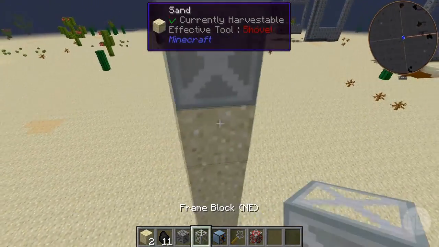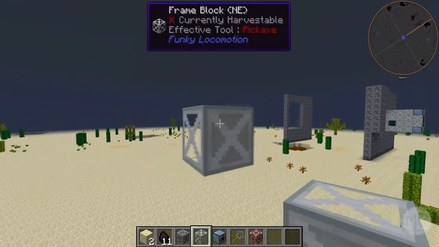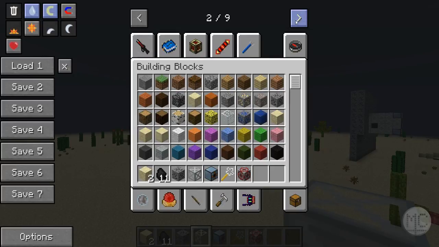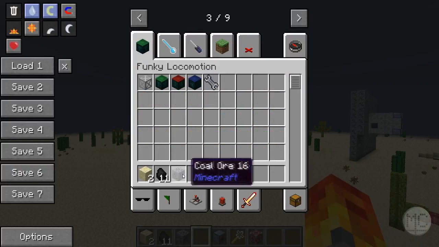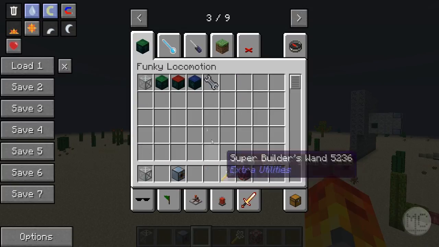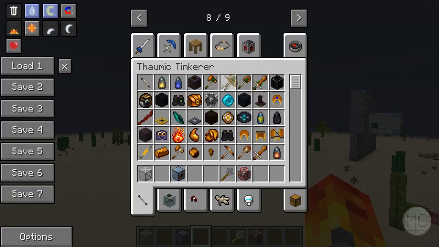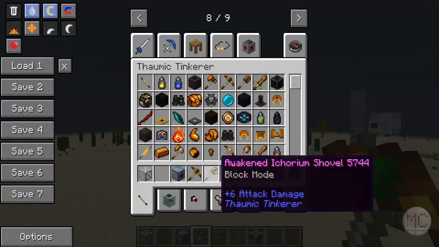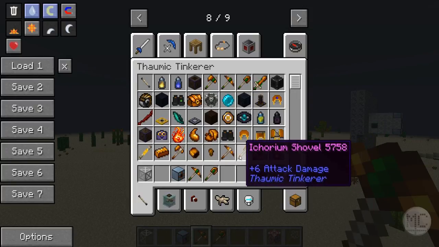Right, so what you have to start off with is the Funky Locomotive mod that's in the Dial pack mainly. So it's this one now, Funky Locomotive. These are the items that we're going to be using for this actual machine. We're going to use autonomous activators, and also the Awakened Draconium tools, because they're the ones that are going to give you the best